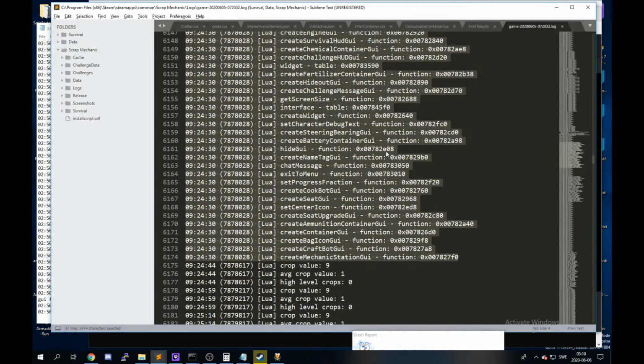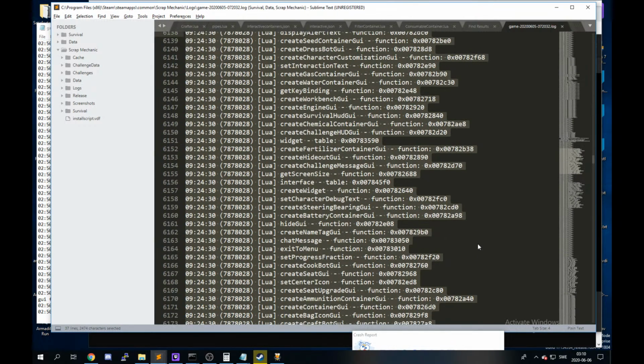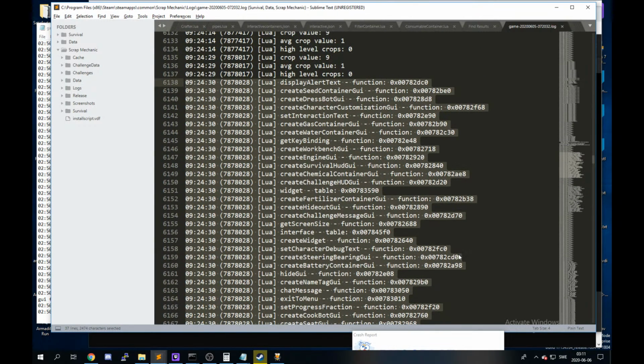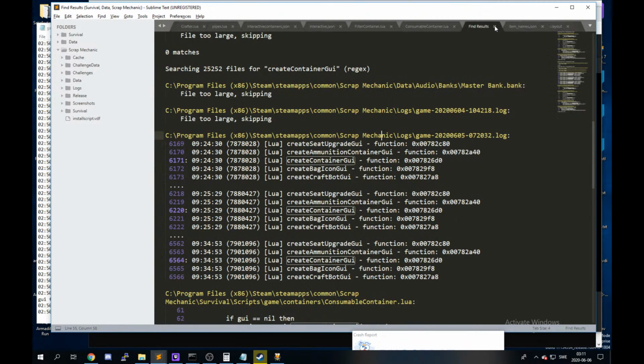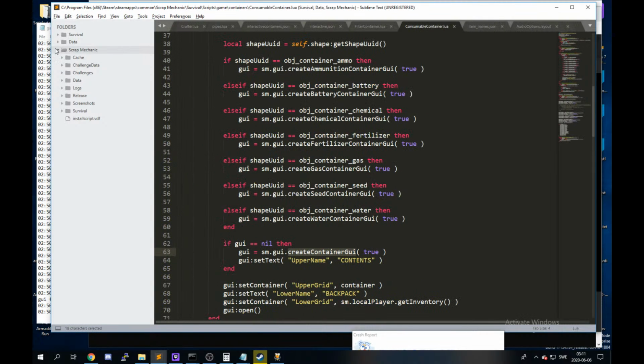That's probably when I printed the GUI of sm.gui. Anyway,